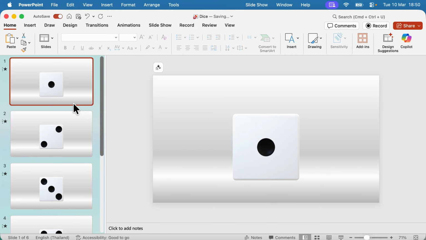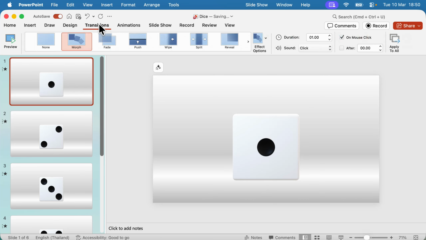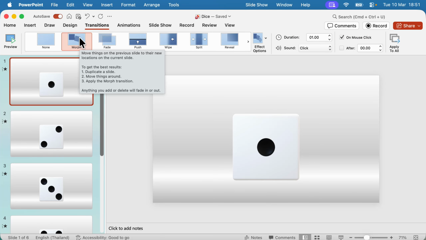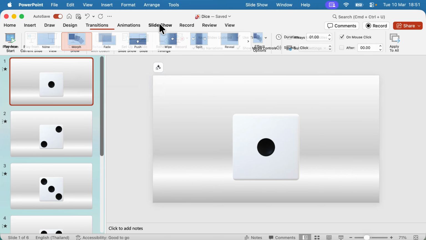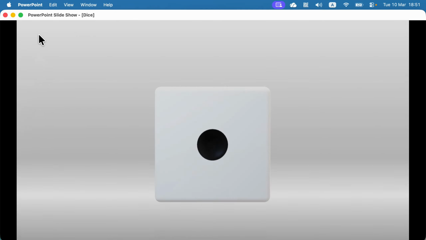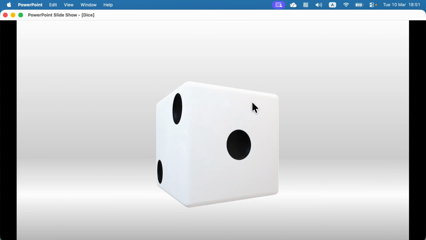And in addition to that, I also apply a transition. So if you got a 3D object, you can apply morph transition, and this way you got this smooth rotation in 3D. Let me show you. When I click,